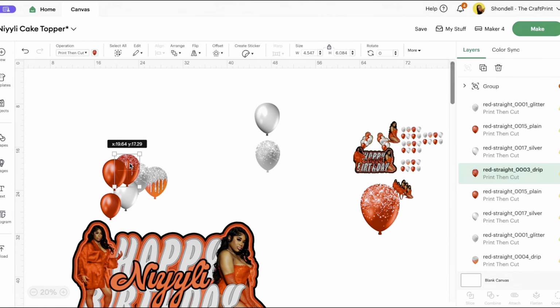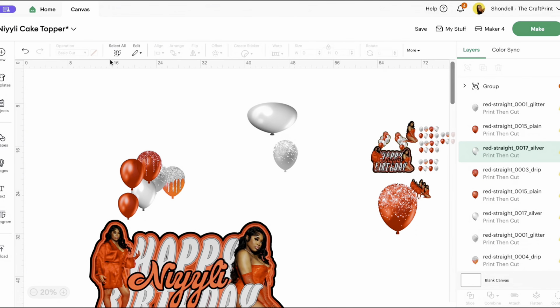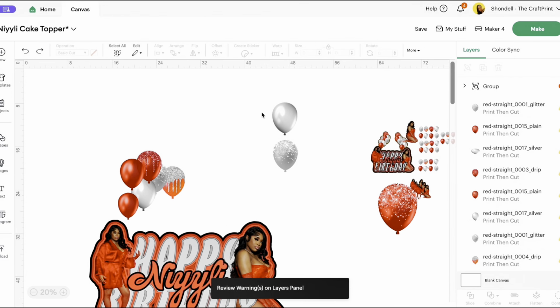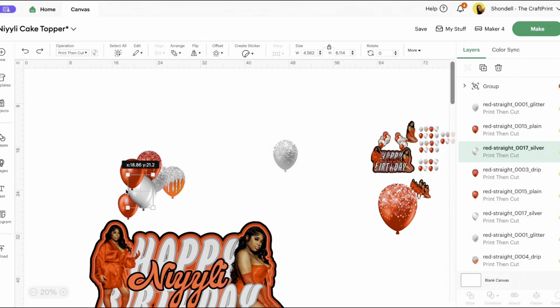And then I'm going to show you the balloons that are in the front. You're going to make sure they are the top layer because you don't want the string to be showing. When we put the string, it's only going to be from the bottom list of balloons. So we're going to line these up